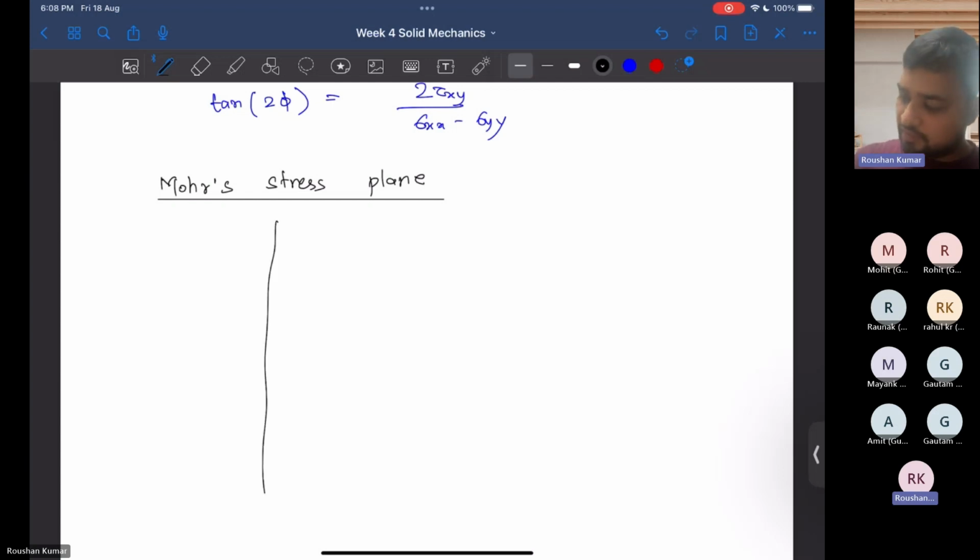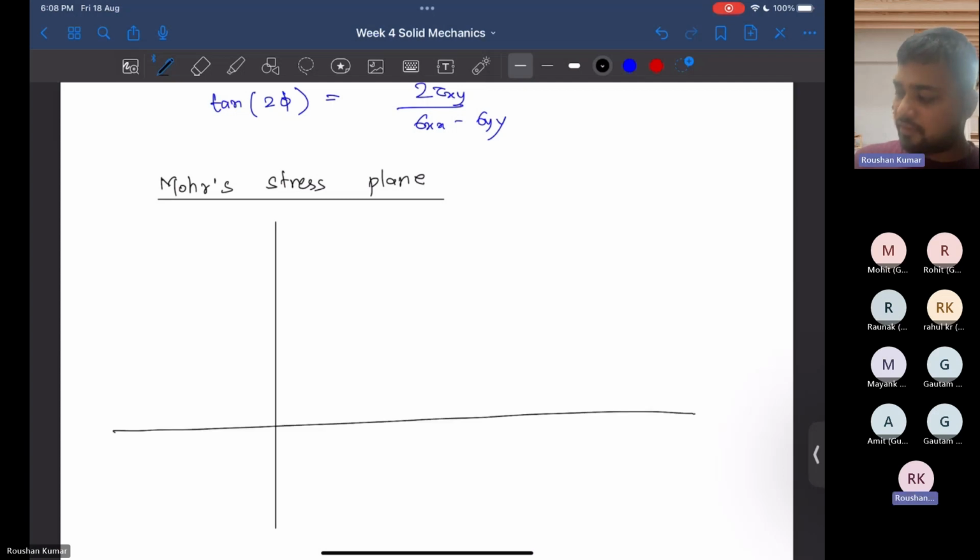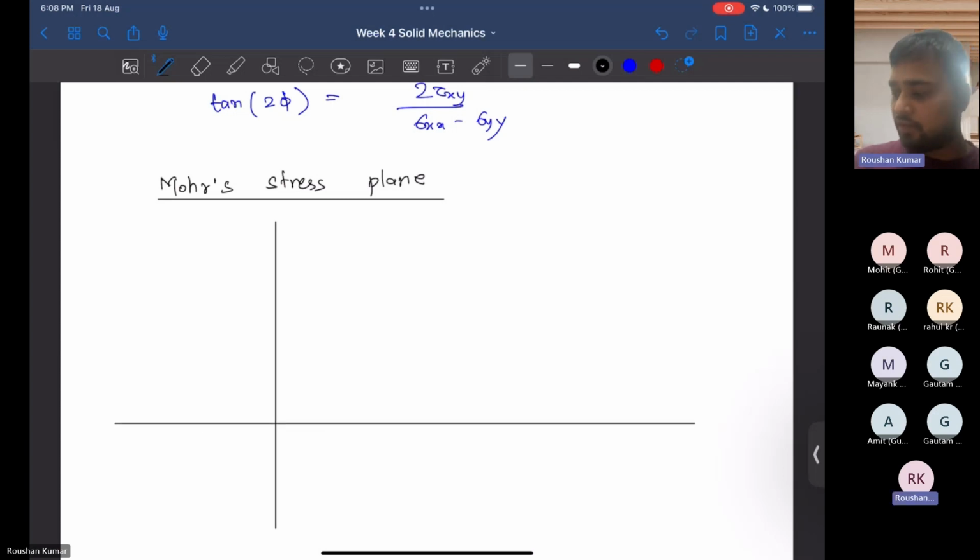So suppose we have this x-axis and y-axis. As we know, along the x-axis normal stress is plotted, and along the y-axis shear stress is plotted. Okay,